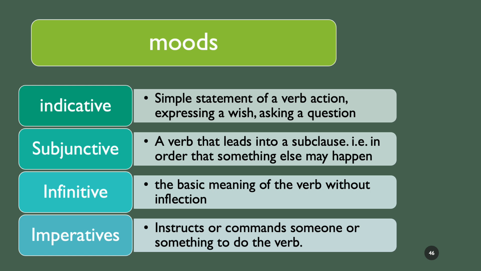So indicative is the most simple verb form. It makes a simple statement of a verb action. It could be used to express a wish or ask a question. Subjunctives lead to some sort of subclause. It can give mild encouragement to do something, an exhortation. It can